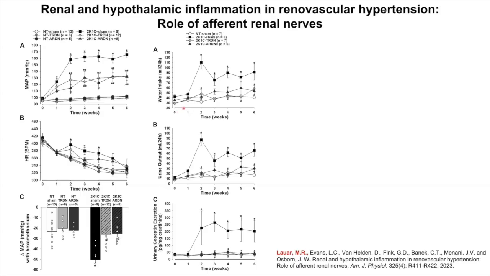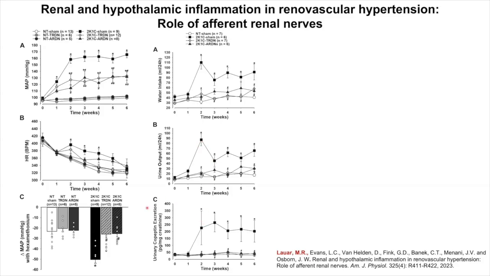This is something that we didn't predict. When you clip that kidney, their water intake goes from drinking 40 mils a day almost up by 3 times. They drink water like crazy. And these are those animals there. But if you get rid of the afferent nerves or denervate the kidney completely, that water intake is not there. Urine output follows the same as it would with fluid.